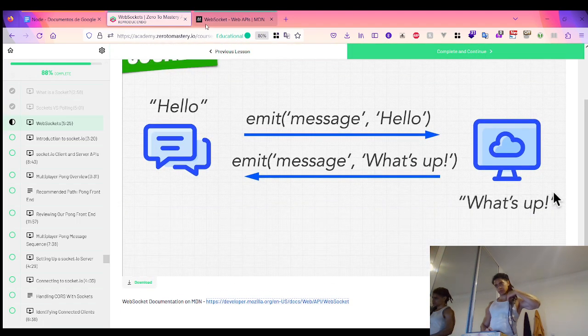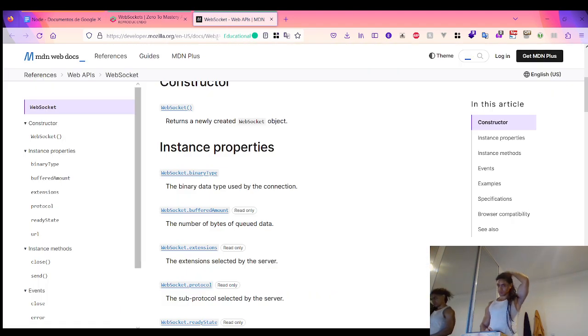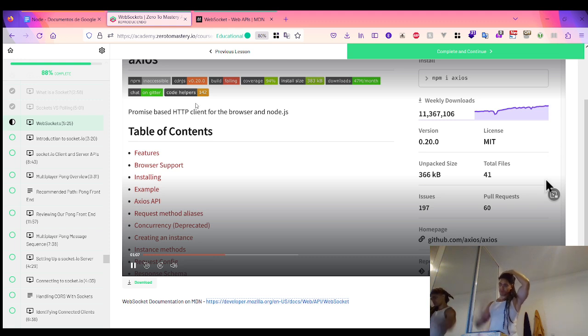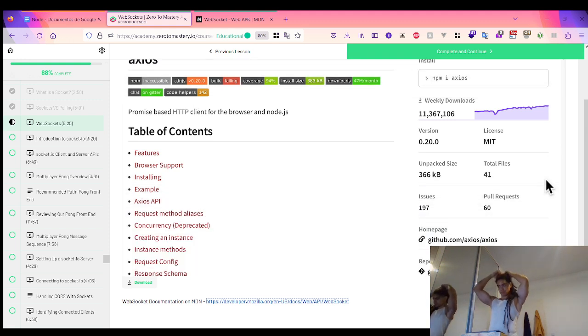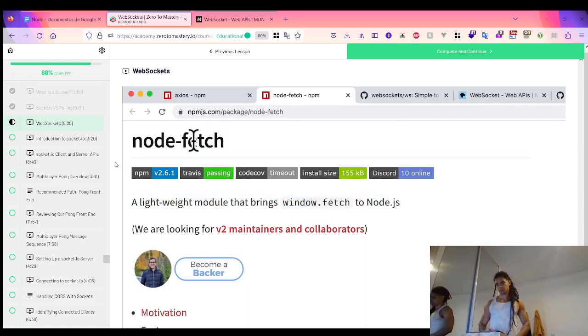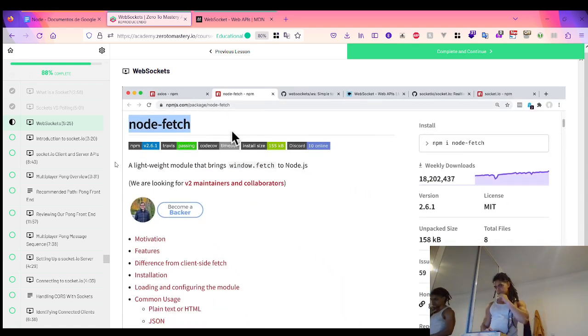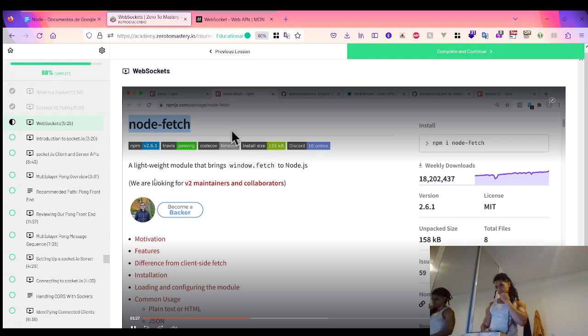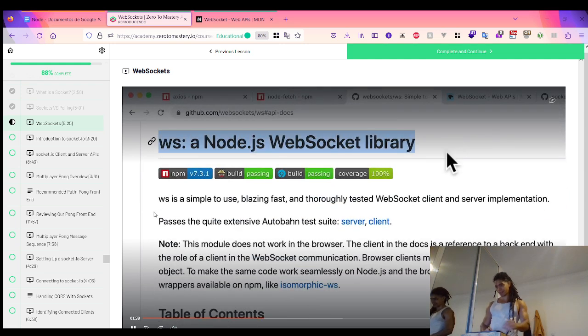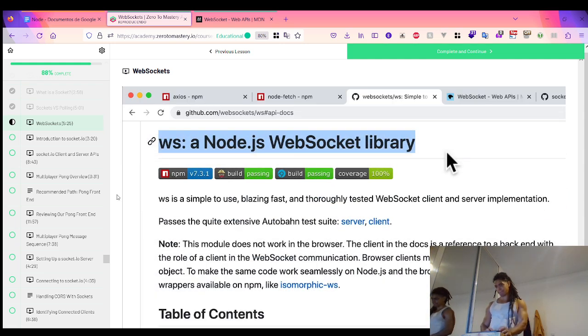We now know that WebSocket is a protocol, a way of sending messages over the internet, just like HTTP. And like with the HTTP protocol, we can have different implementations of how to get data from the server in different NPM libraries. Like for example, with HTTP, we have the Axios library or the Node Fetch library. Just like with HTTP, WebSockets can have different implementations in NPM libraries. The most common one in Node.js is the WS library, which provides the core functionality to use WebSockets in Node.js